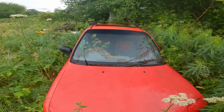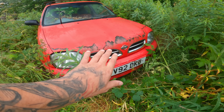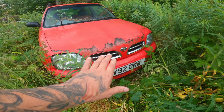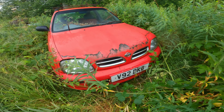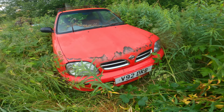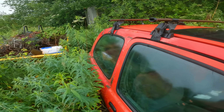So to my good friend Ben from Ireland, there you go. I'm not too sure if you said you like Micras, but I know you said you like Nissans and Toyotas. So Nissan Micra. Let's try and get a bit more in depth with this Micra. I probably walk past Micras and not bother looking at them, but as we're here,